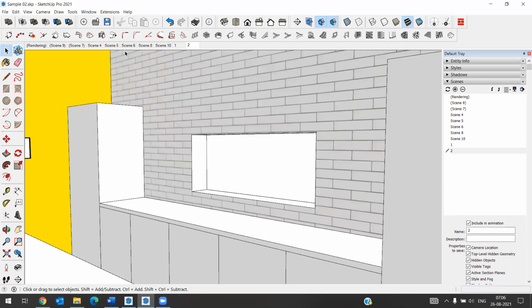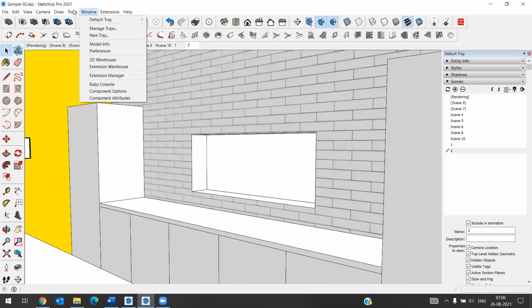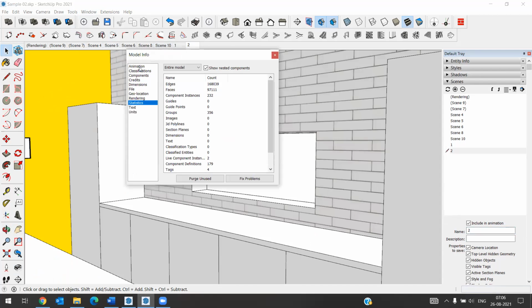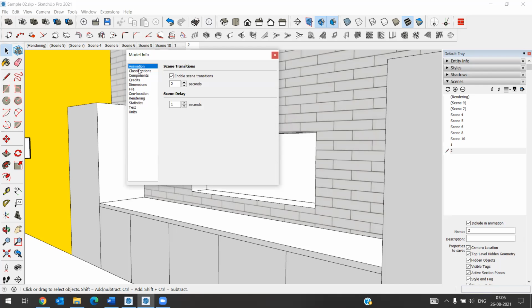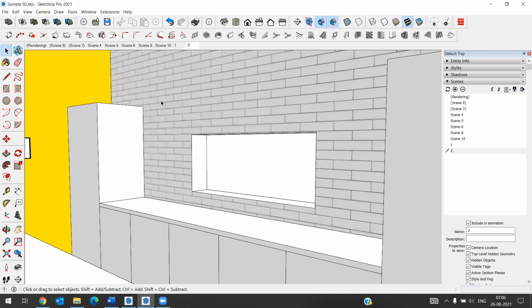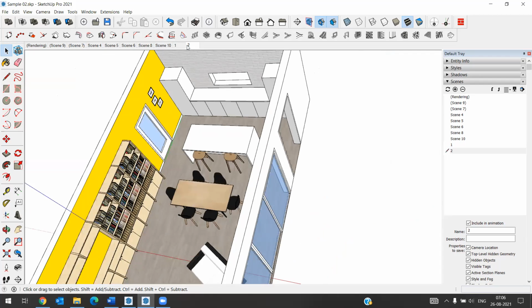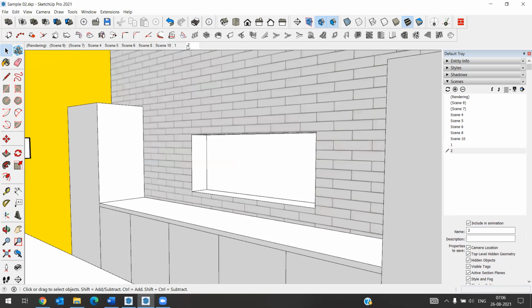If you want smooth transition, you can go to window, model info, animation. Okay, scene delay. So 2 seconds. I'll go to scene 1, scene 2. After that,